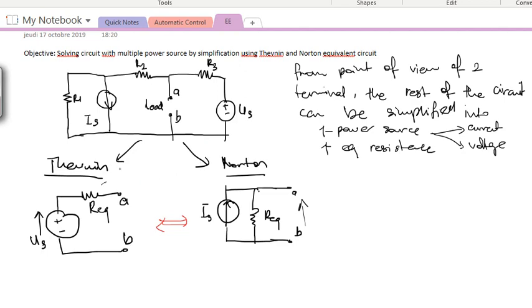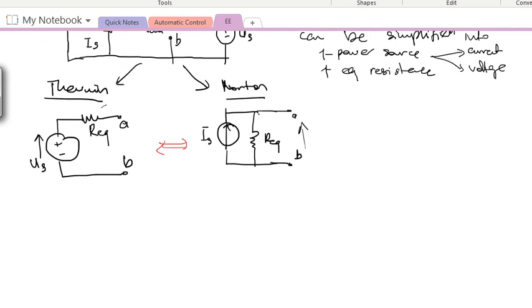If it is easier to use a voltage supply, then that means you can have a Thevenin form. But if you have a Thevenin form and it's not easy to solve, you want it to be in Norton form, you want to change your voltage supply into current supply, you can switch directly into this form. So both forms are exactly the same, they are equivalent, right? So what's the proof that they are equivalent? You're going to look at the proof, why are they equivalent?